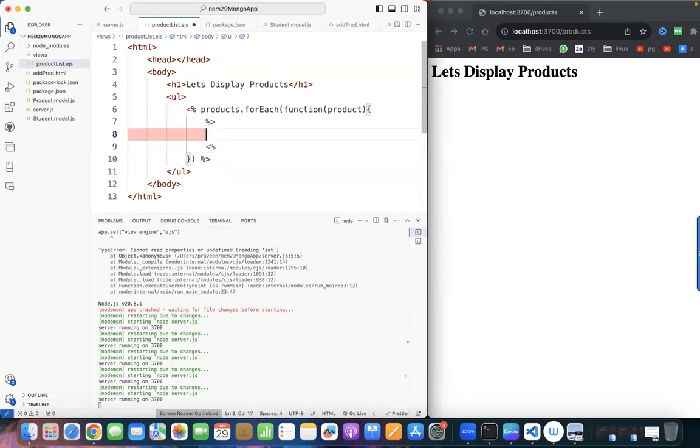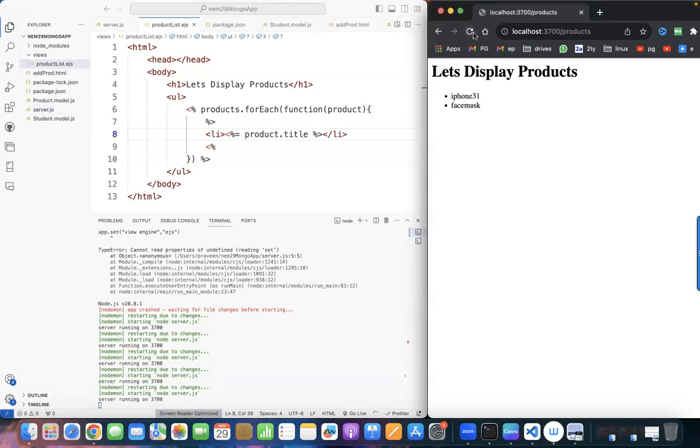Here I have to write li again is equal to product dot title. You got the title, right? Super. Okay, done. So now very simple, after adding new data,